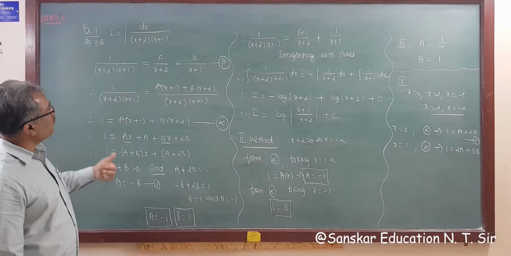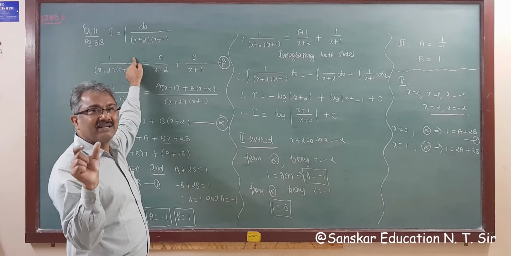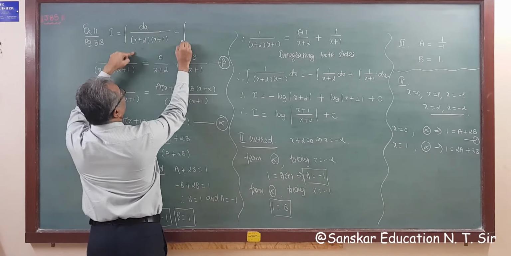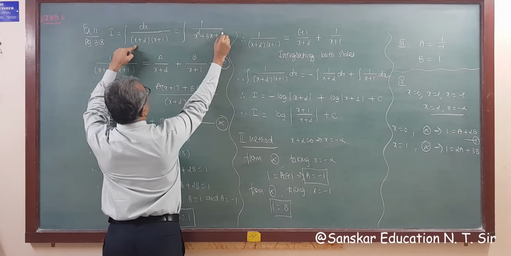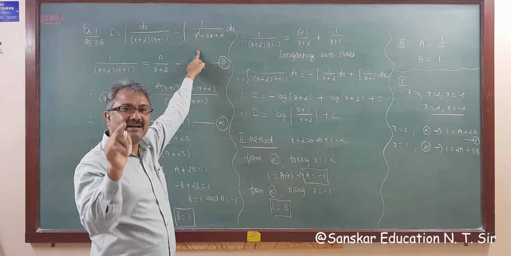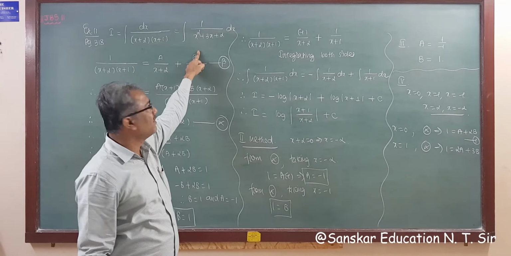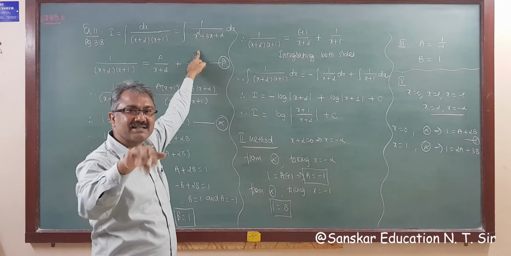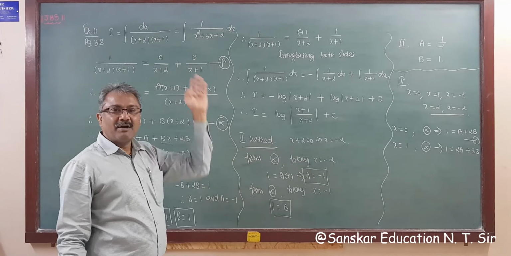Now there is no need to apply the partial fraction method for this particular question, because if you multiply out, this becomes integration of 1 upon x square plus 3x plus 2 dx. This is 1 upon a quadratic, so find the last term, make it a perfect square and apply any formula of the x square plus a square or x square minus a square type, because this is not in root form. So this is the second method, except partial fractions.